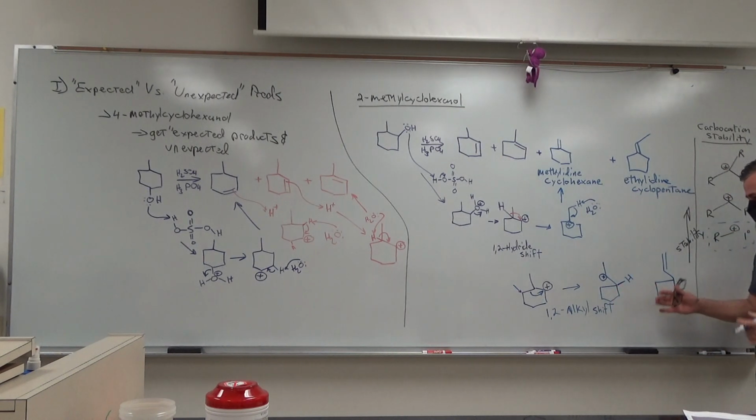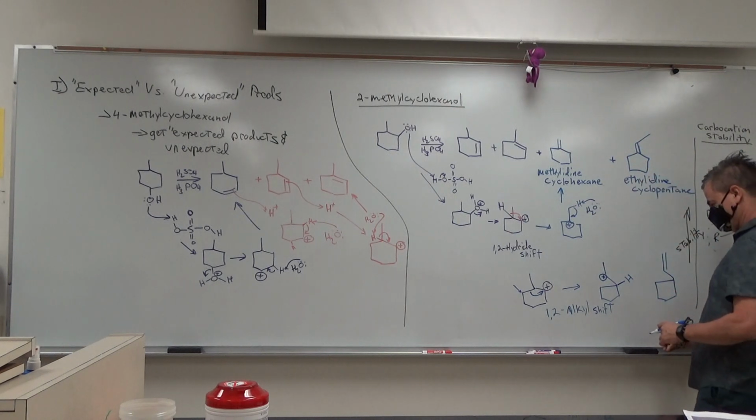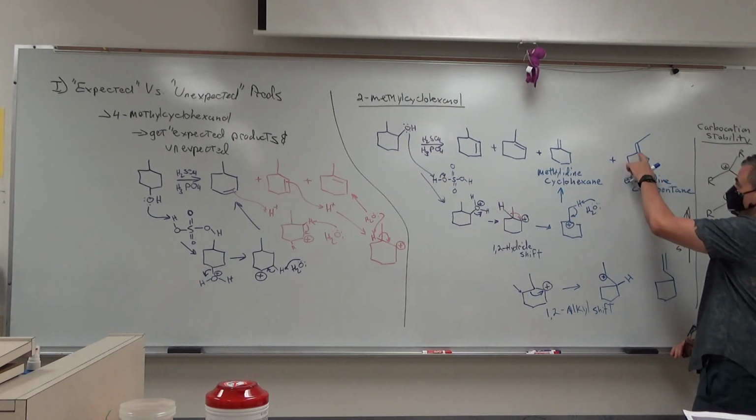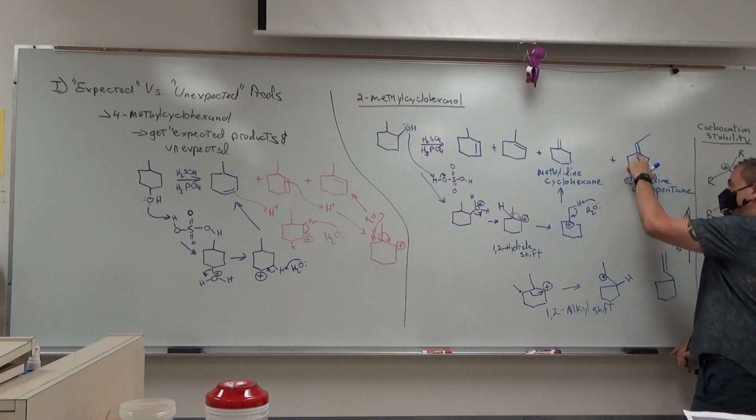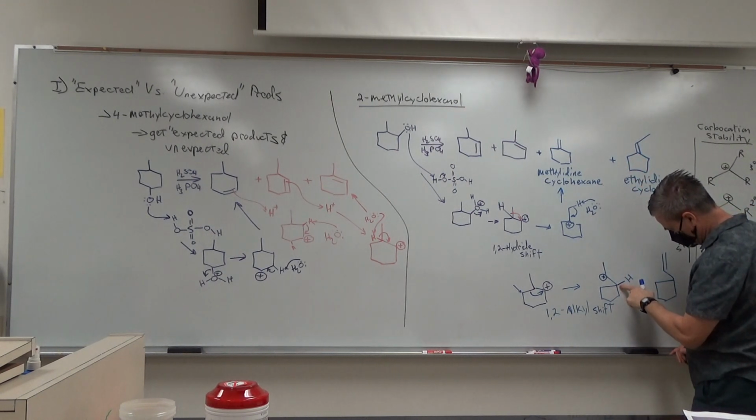You can always, when you're doing a mechanism, look at the product to cheat, in a sense. Okay? That's where we gotta go. I need a double bond from that carbon. The only way that can happen is if